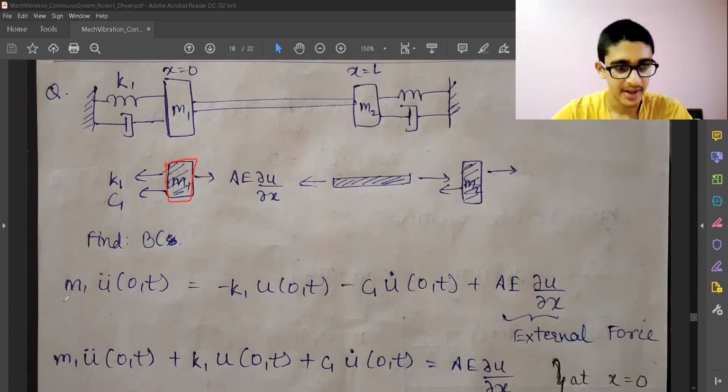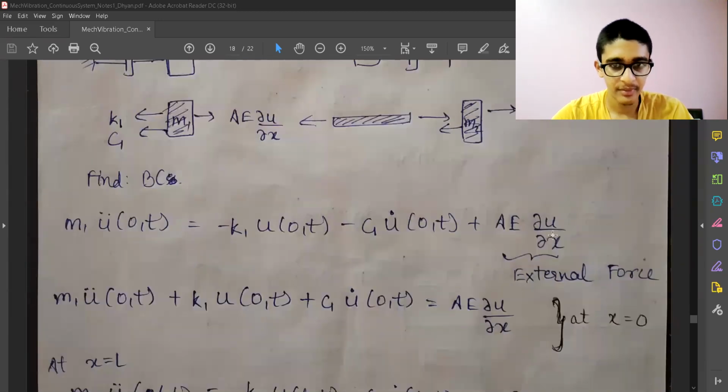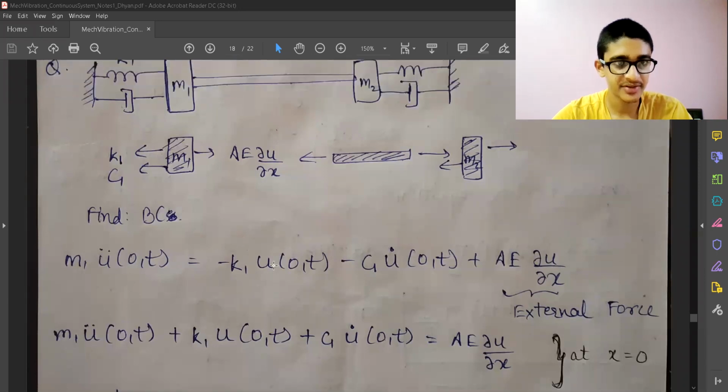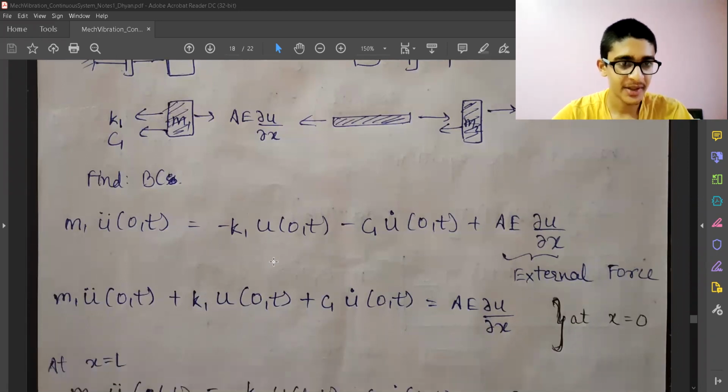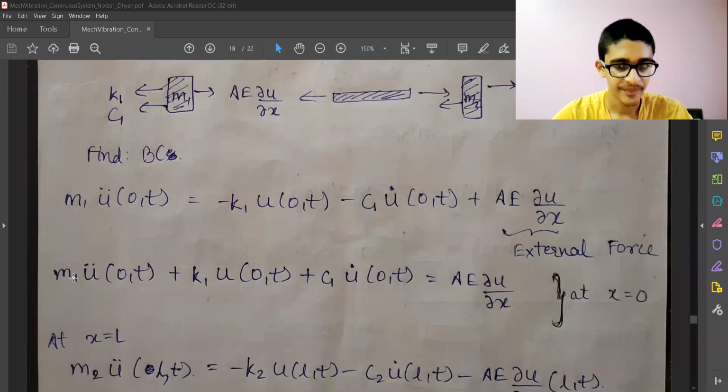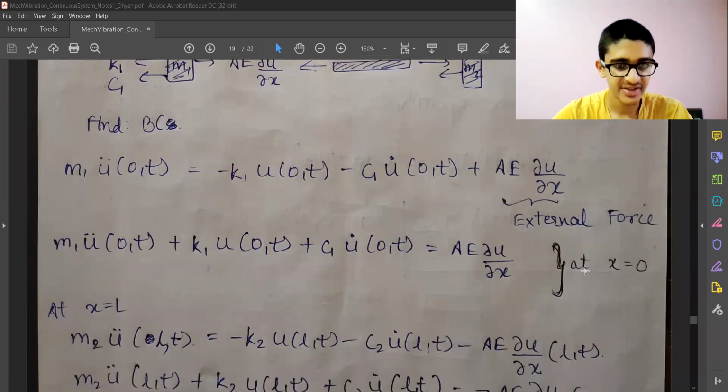So this is the equation. I'm writing the boundary condition. So this is the inertia. Inertia is equated to the spring force, damping force, and the external force which is acting. So that's the boundary condition we have. We have got the boundary condition by a force equation, because the displacements are not going to be 0. So I'm trying to get a force balance equation, and that force balance equation is actually the boundary condition for us. And this is the final boundary condition for x equal to 0.